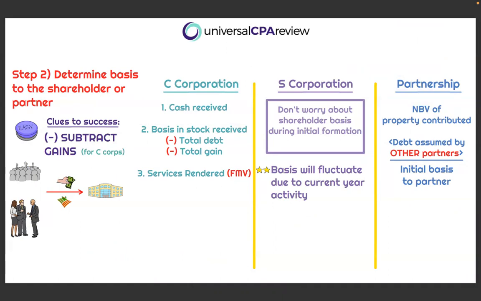They'd love to ask about the initial basis to the partner that is receiving the interest in the company. And this is where it's different. This is going to be the net book value of the property contributed minus the debt that is assumed by other partners. So again, you can look at this formula, and if you go through a bunch of questions related